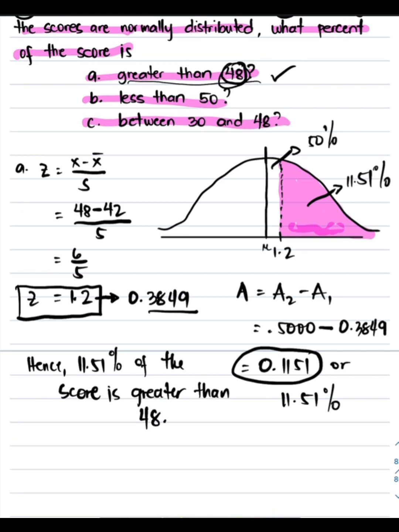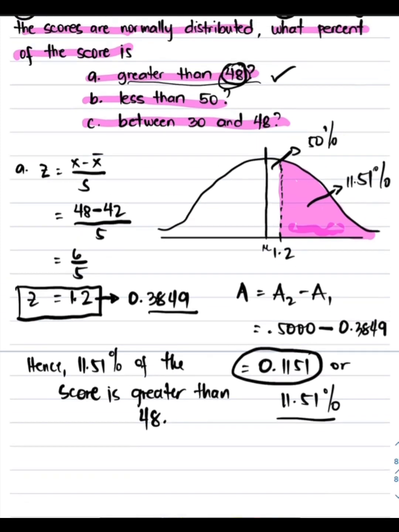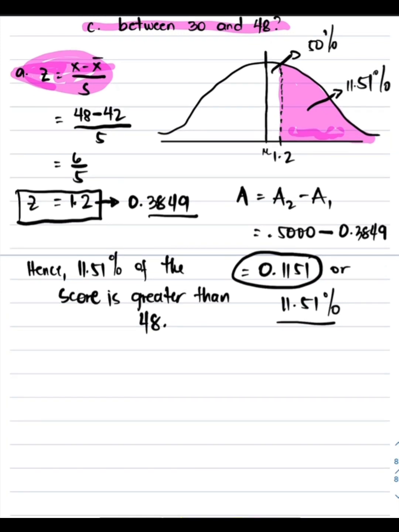So, this is our answer. Then, the conclusion: hence, or therefore, 11.51% of the score is greater than 48. And that is for letter A. Next, for letter B,